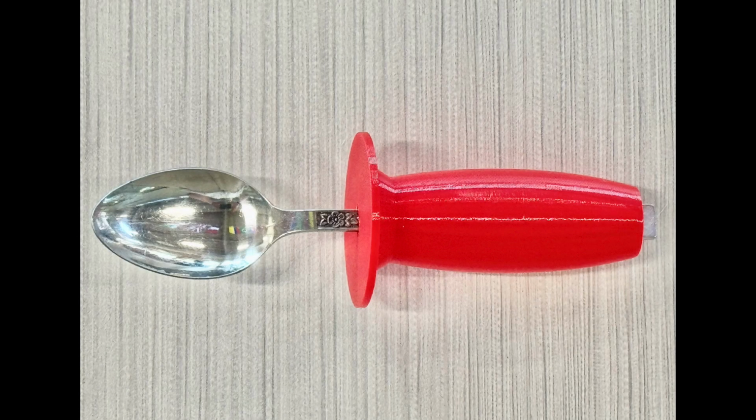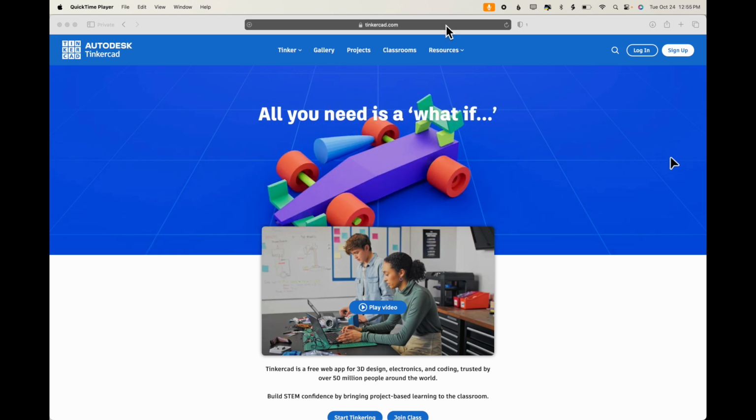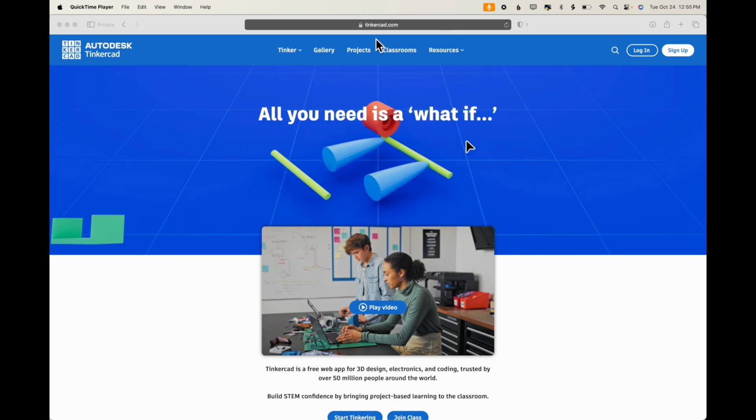We're going to create a soft, flexible handle for a small spoon like this one. To create the model, we'll use a web-based program called Tinkercad. So on a web browser on your computer, go to tinkercad.com,